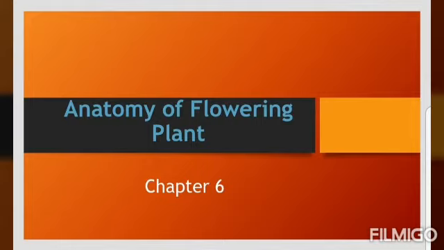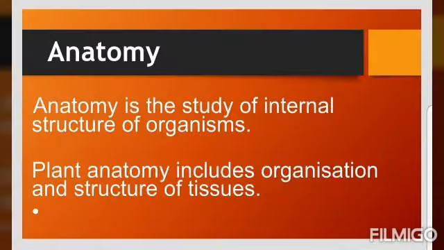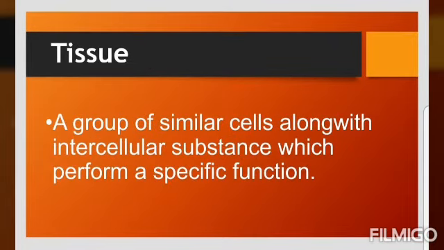Here in today's session, we are going to sum up Chapter 6, Anatomy of Flowering Plants, NCERT book, class 11th. You can very easily see the structural similarities and variations in the external morphology of the larger living organisms, both plants and animals. Similarly, if we were to study the internal structure, one also finds several similarities as well as differences. This chapter introduces you to the internal structure and functional organization of higher plants.